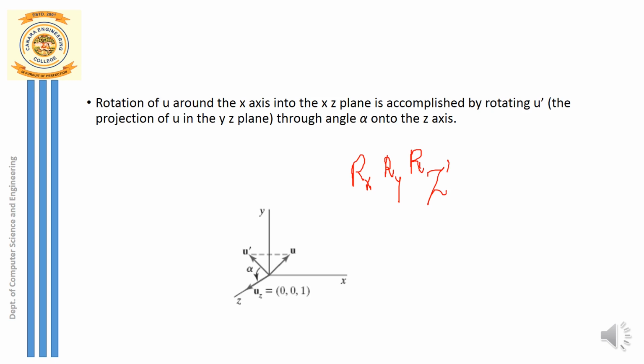Okay, so rotate along x, rotate along y, and then rotate along the z axis. But we have done these two only for a reason. What is the reason? My desired axis of rotation is the z axis. Only for achieving this, I had to carry out the x rotation and y rotation, but otherwise this was unnecessary. So now what can I do? After performing the actual rotation, I can undo the previous rotations by carrying out inverse rotation. So I can perform inverse rotation along y, then finally inverse rotation along x. So this is what I'm supposed to do there.